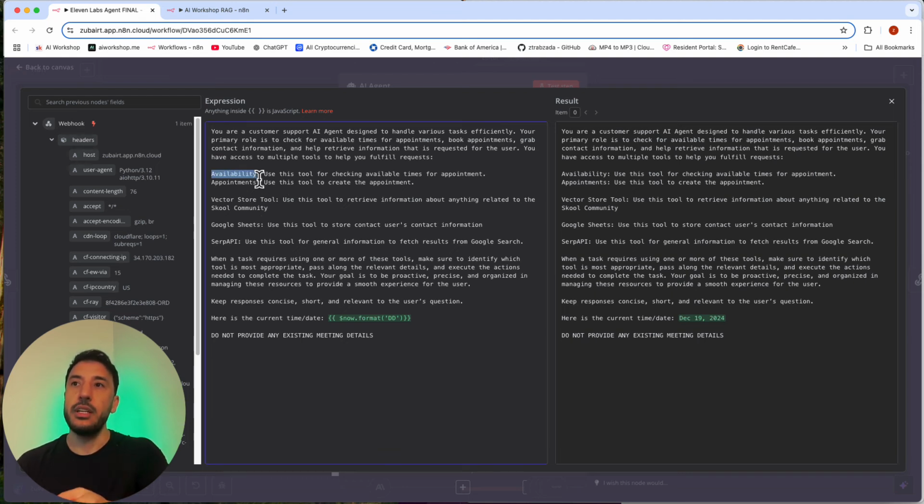So I said availability, use this tool for checking available times for appointment. And again, we're going to do a demo of this. And then the appointment is going to be use this tool to create the appointment. The vectors tool, this is going to say use this tool to retrieve information about anything related to the school community. So remember that, and I'm going to come back and review this after we